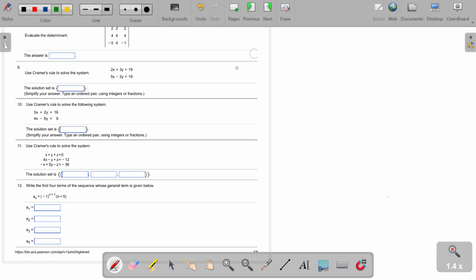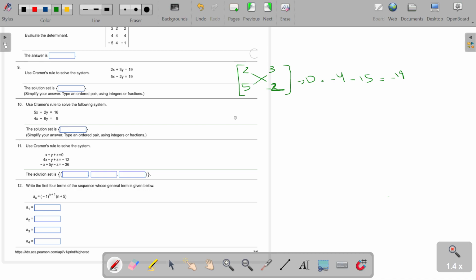So first, we're going to write the coefficient matrix, which is the coefficients of x and y here. Make sure x and y are in the same order in the two equations that you see here. So 2, 3, 5, and -2. We're going to find the determinant of this, which is 2 times -2, that's -4, minus 5 times 3, -15,